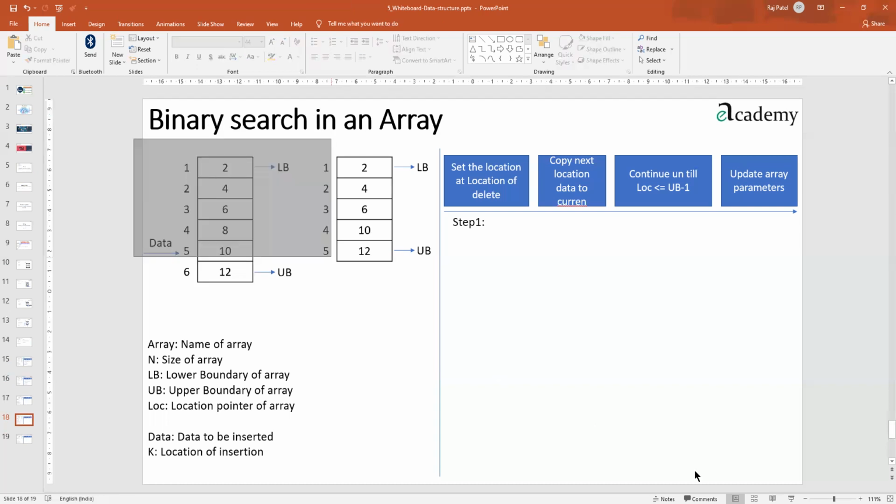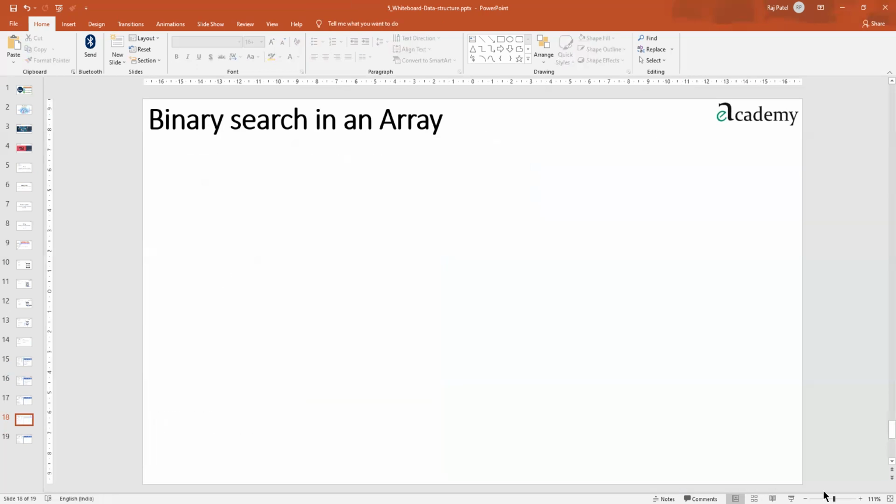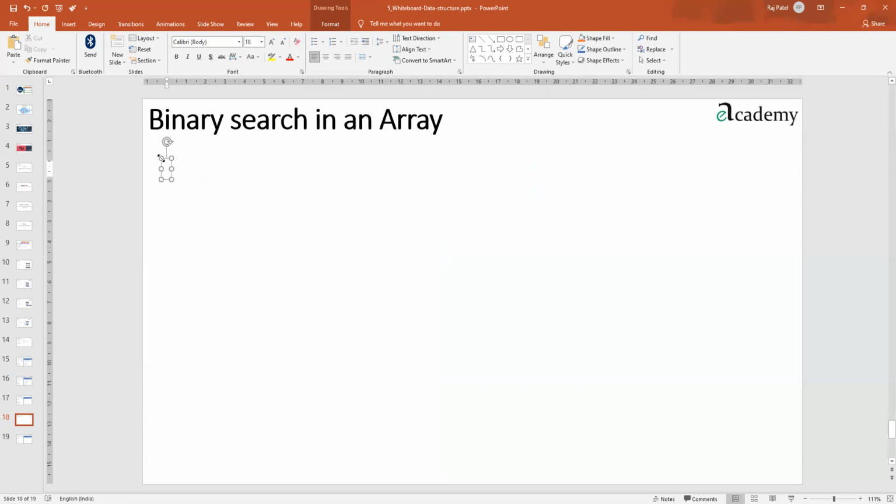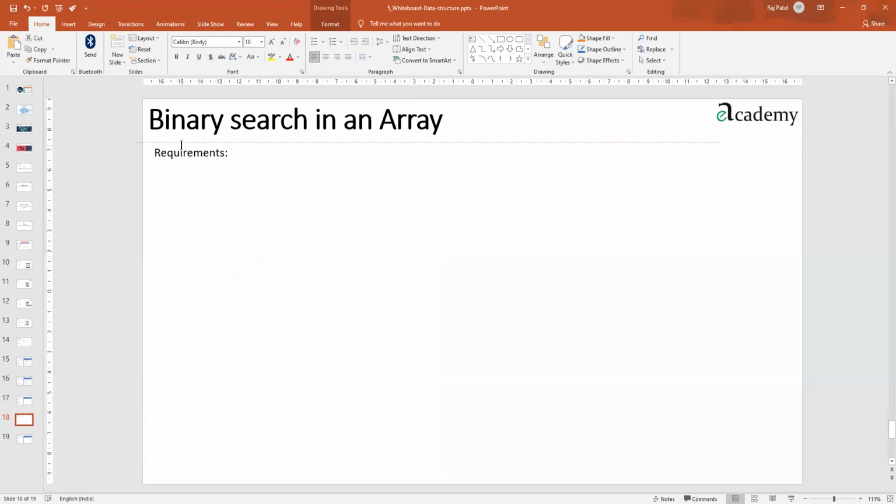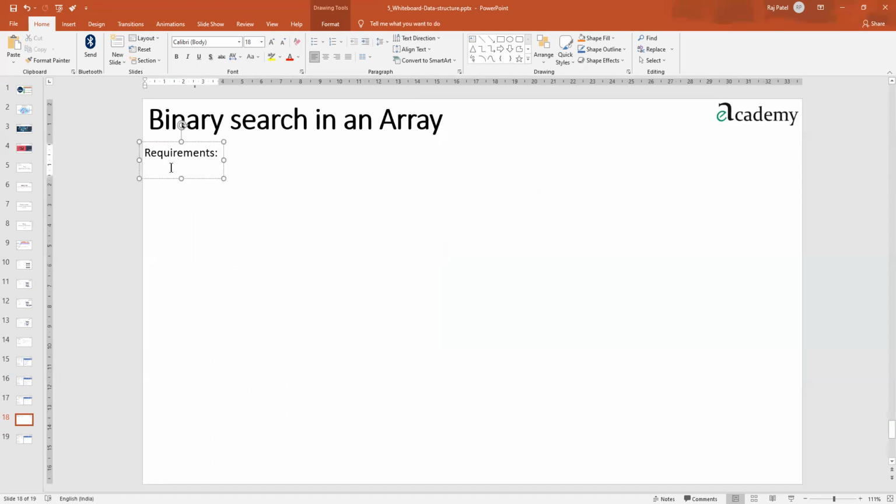I'll remove all of this currently because you don't know this method well. Before we start with binary search, binary search has certain requirements. If these requirements are fulfilled, only then does this search algorithm work. Otherwise, it will not work. That's very much a choosy thing, that this algorithm works only if certain conditions hold. Linear search did not have any such things. So in that case, linear search is better because it does not have any criteria or conditions to be followed.